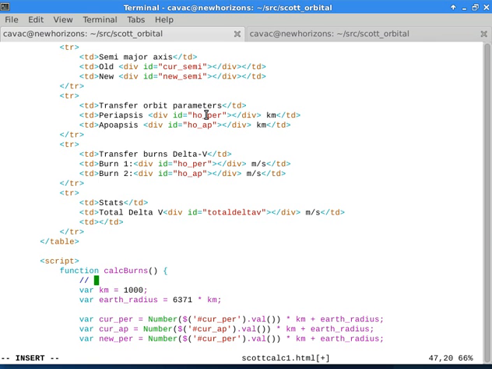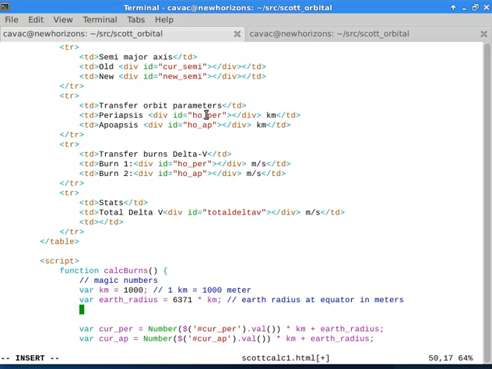Let's comment. Okay, these are magic numbers. Okay, we need 1 kilometer is 1000 meter. Earth radius at equator in meters. Then we need some other magic numbers. That would be the Earth mass in kilograms. That would be